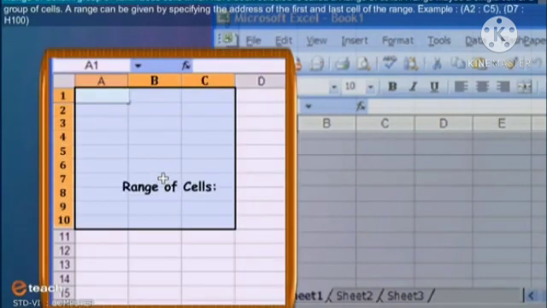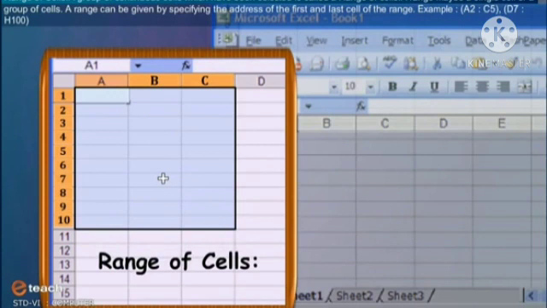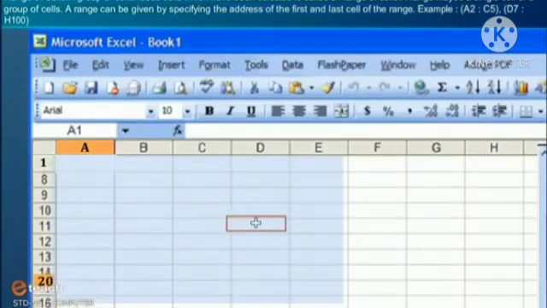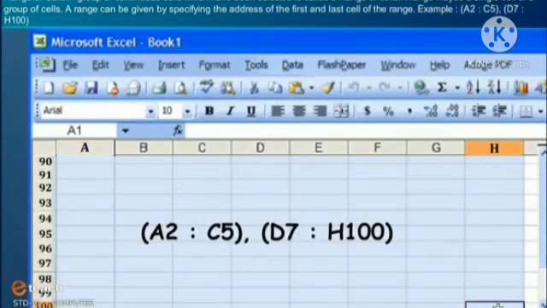A group of continuous cells which have been selected is called a range of cells. A range may be a single cell or a group of cells. A range can be given by specifying the address of the first and last cell of the range. Example: A2, C5, D7, H100.